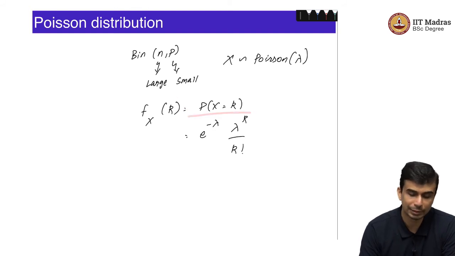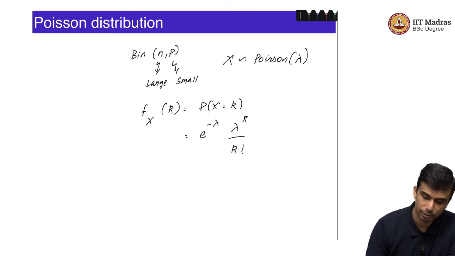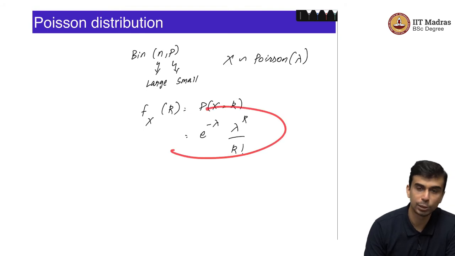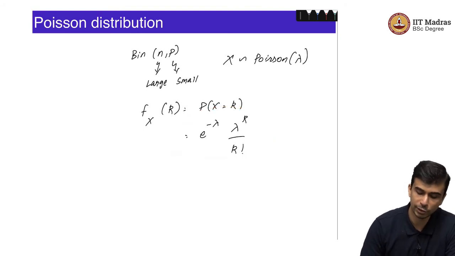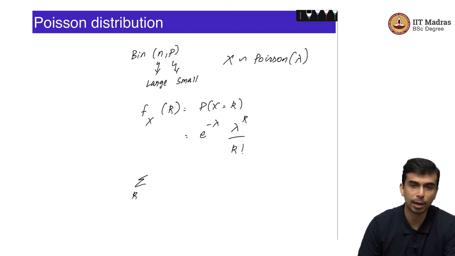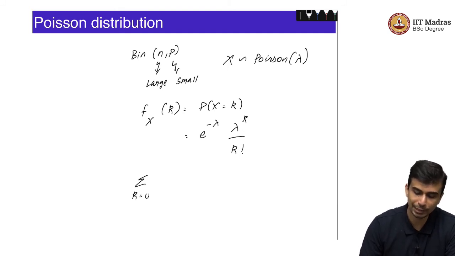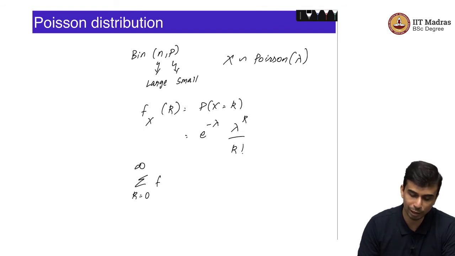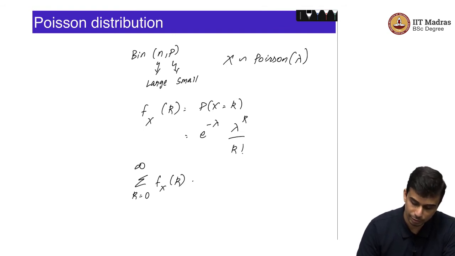For Poisson there is a parameter lambda, which is a positive value. It is a real valued number. If X is distributed as Poisson of lambda, then the probability mass function f_X(k) is given by the probability of X equal to k, which is e to the power minus lambda, lambda to the power k by k factorial. You can immediately see that this does sum to 1 as you sum over infinity, that is, the sum over k equal to 0 to infinity